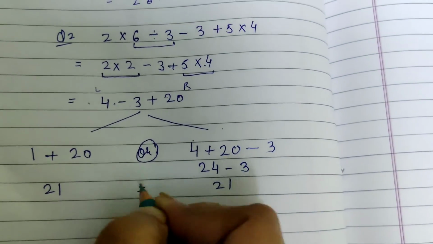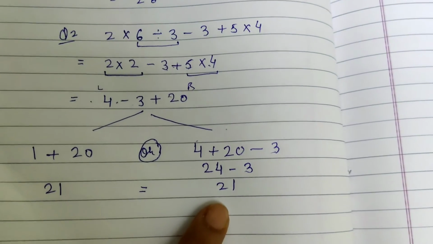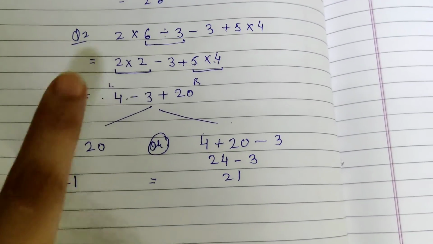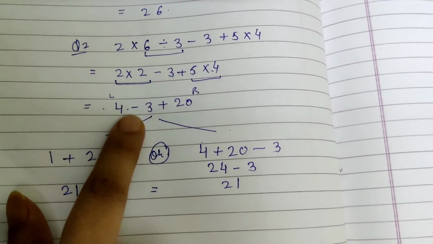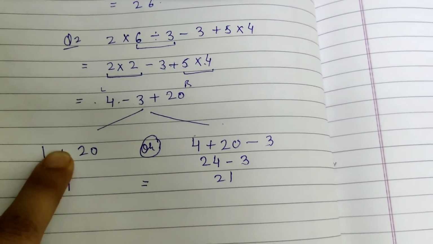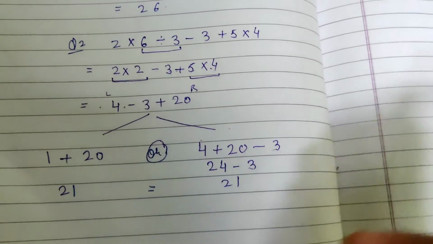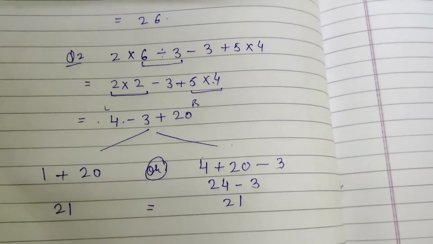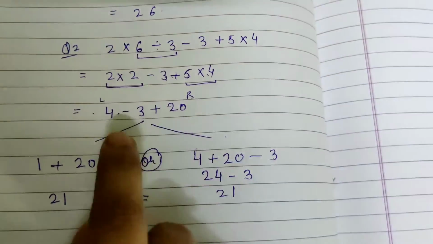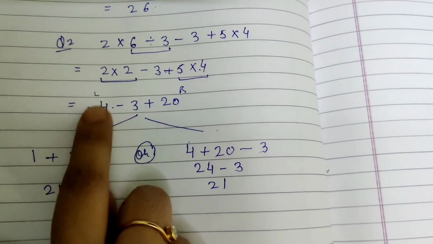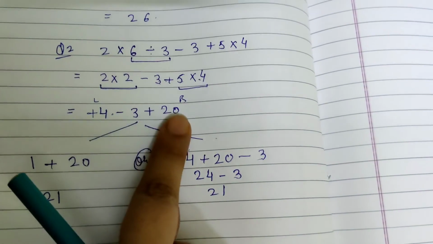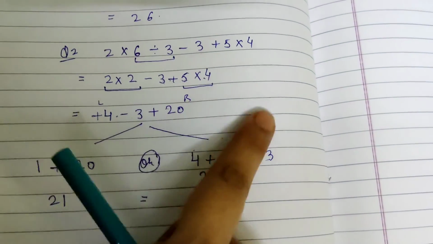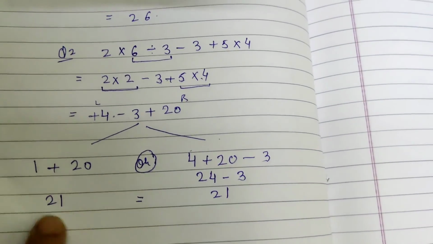Can you see the answer is coming same in both the cases? So you can do whatever you want to do. If you want to move from left to right, that is also absolutely correct. If subtraction is coming first, do subtraction first. Okay, and then add. But if you think no, I want to do addition first according to the rule, so you can do that also. So 4 plus 20, this is positive, no sign in front of it, that means it's positive. Plus 4 plus 20, I'm going to add them and then I'll subtract minus 3. In both the cases you will get the same answer.